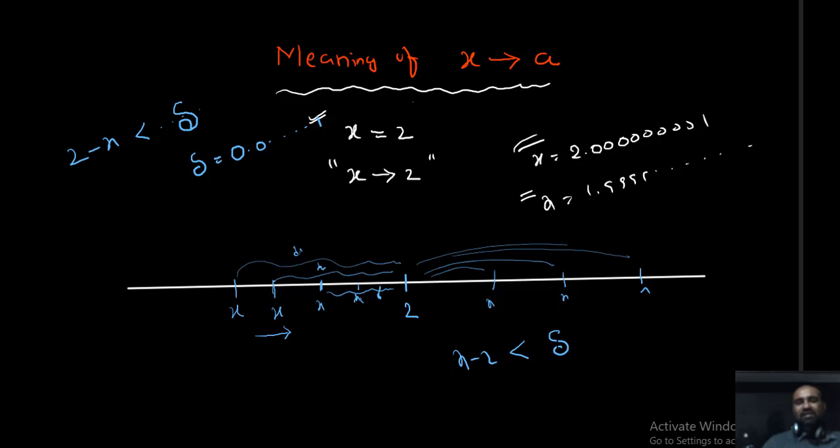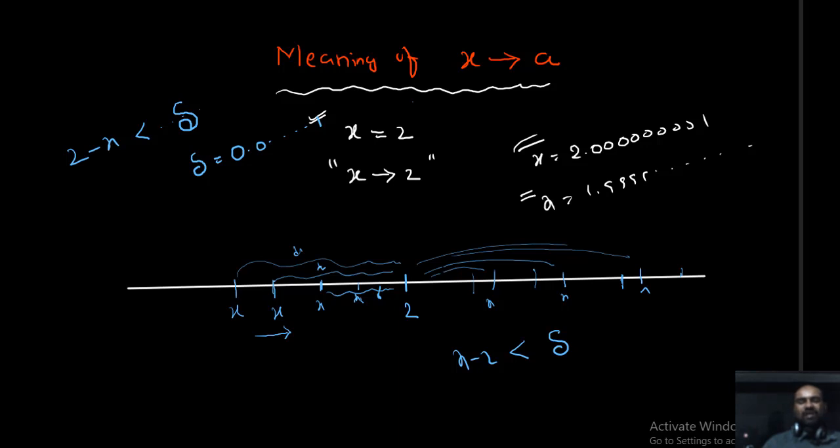So what is delta? Delta may be any positive real number, any positive number that is small. If you take delta as 3, I can say that the distance between x and 2 is 3, and x is somewhere here. If the distance is 1, the distance between them is 1. So what happened? x is nearer to 2. Distance is 0.5, somewhat nearer. Distance between them is 0.05, nearer still.